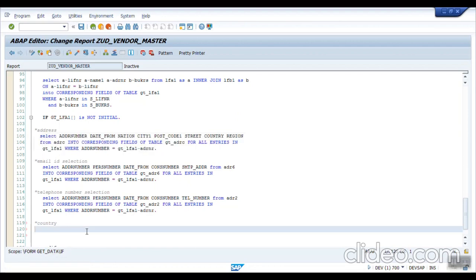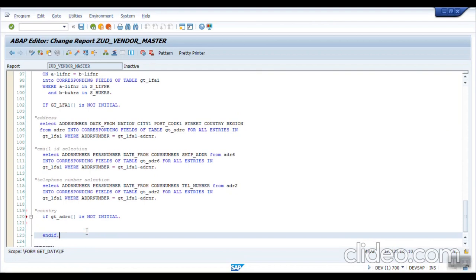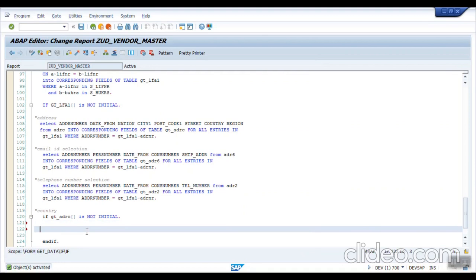Okay, so here this time we have to check if GT_ADRC is not initial, then here I will write as select all. I'm selecting all from this country table. Now we want to select all, so we can also go with the pattern option that we'll see in upcoming lecture. Select all from T005T